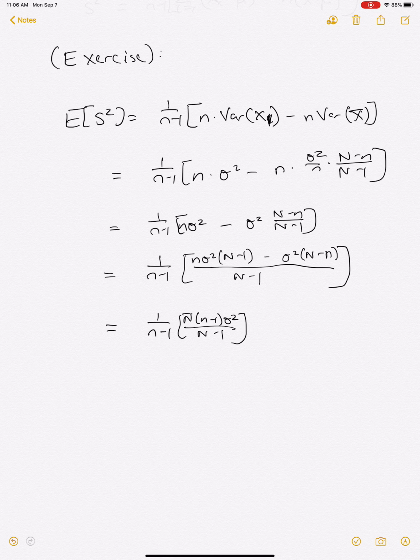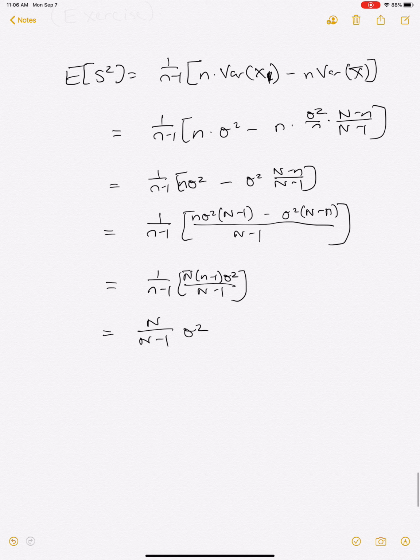Because the sigma squared n terms will cancel out. And so we end up very conveniently with just big N over big N minus 1 sigma squared. So we can once again see that as n gets large,